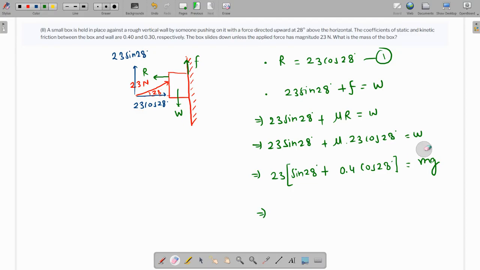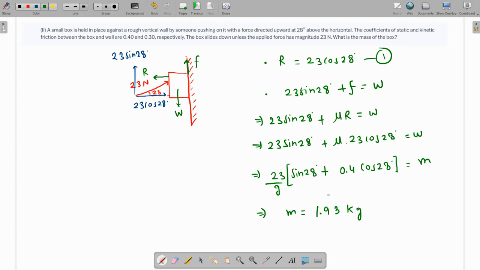So let's divide both sides by g. If we do that, then g comes over here. So let me grab my calculator and get the value of mass. That's going to be equal to (sin 28 plus 0.4 times cos 28) times 23 over 9.8. So that's the required mass, which is